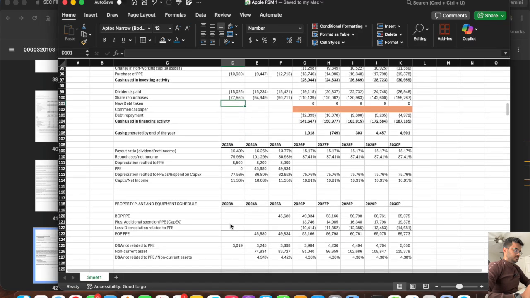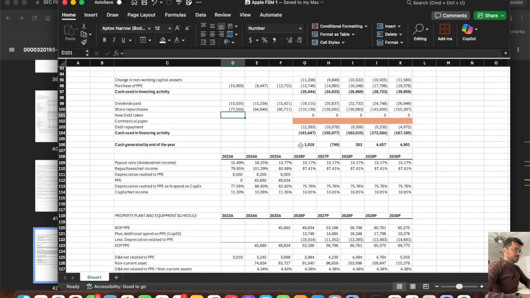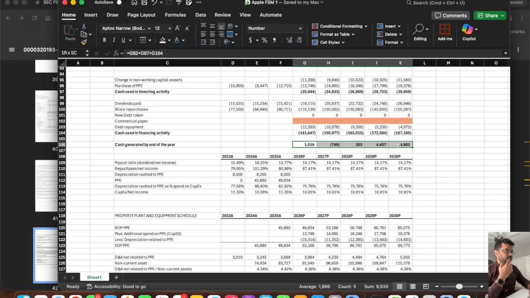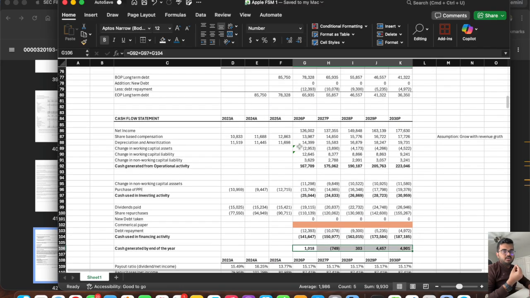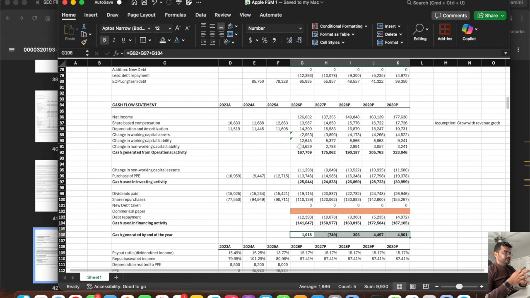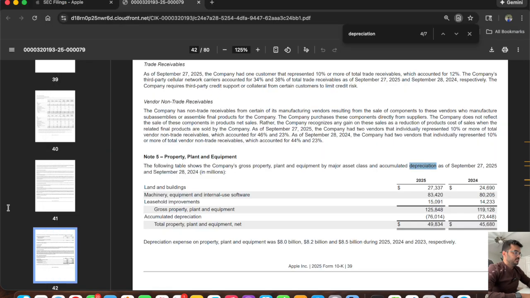So first we would link this one. Based on our calculation, we are just saying Apple is going to generate $1 billion by end of 2026, even though they generate $400 billion as total revenue and $100 billion as net income. After all their other expenses, they will just have $1 billion. But still, that's fine, because if you take a look at our previous year cash flow statements,